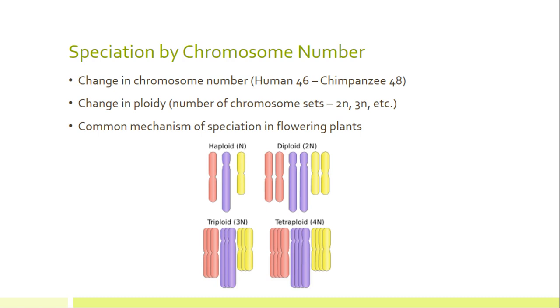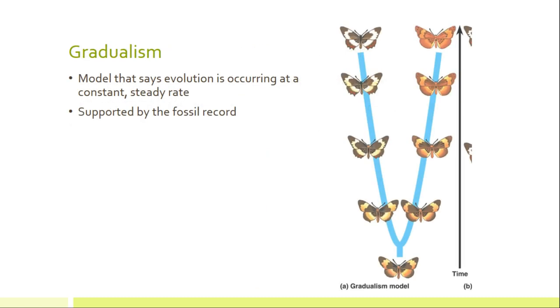This is really important in animals. Now in plants, this is not true. But in animals, you have to have the same number of chromosomes in order to produce viable offspring. Again, not so much in plants, but in animals that is true, okay? Now, in plants, getting different numbers of chromosome sets, this is called ploidy, we'll talk about it later on. This is actually a really common way you get new species in flowering plants. They just simply start collecting more sets of their own chromosomes, okay? And again, we'll talk a little bit about that later when we talk about genetics.